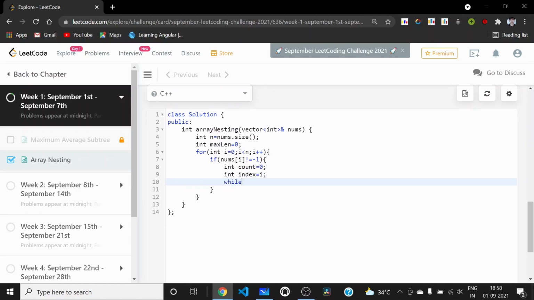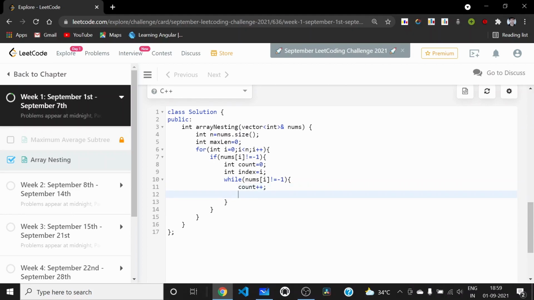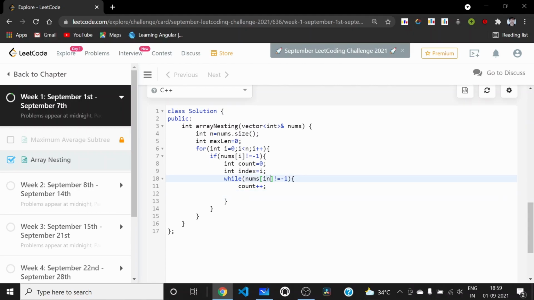Now we can use a while loop, and if nums of i is not visited, then we can increment the count, right? And we can update the nums, so it should be index. Now we need to update this, but there is one more thing we need to do.